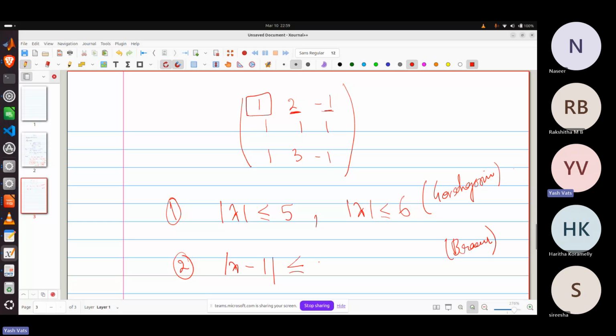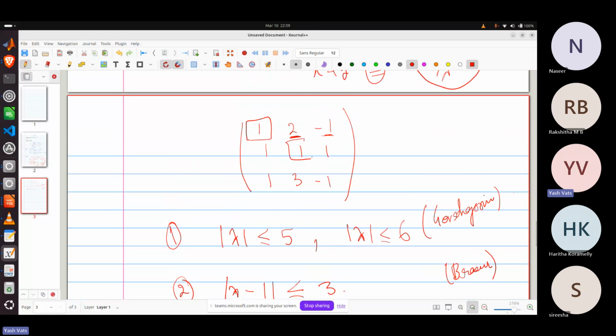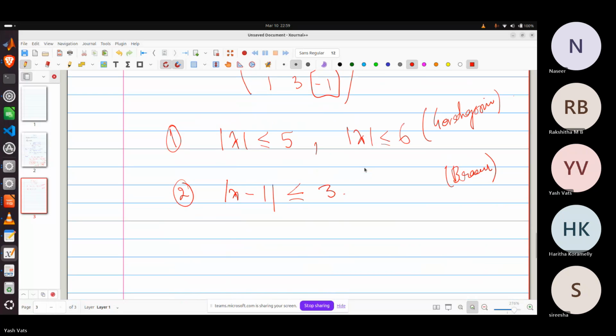So it should be 3. And similarly here as well, and here as well. So you are getting 2, and mod lambda plus 1 is less than equal to 4. So from the first thing you get,